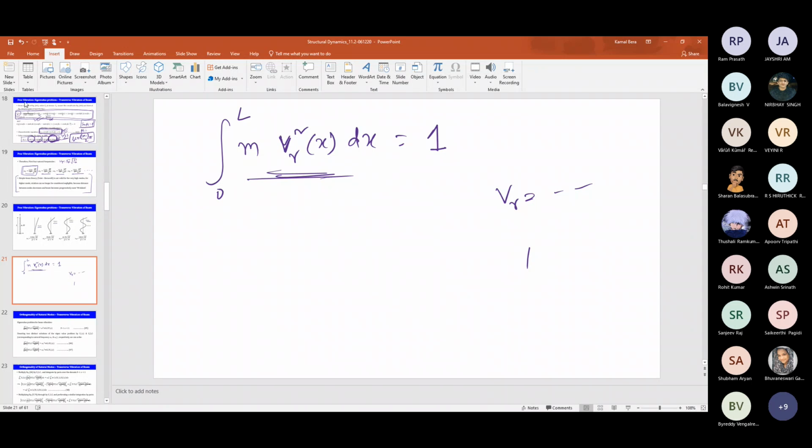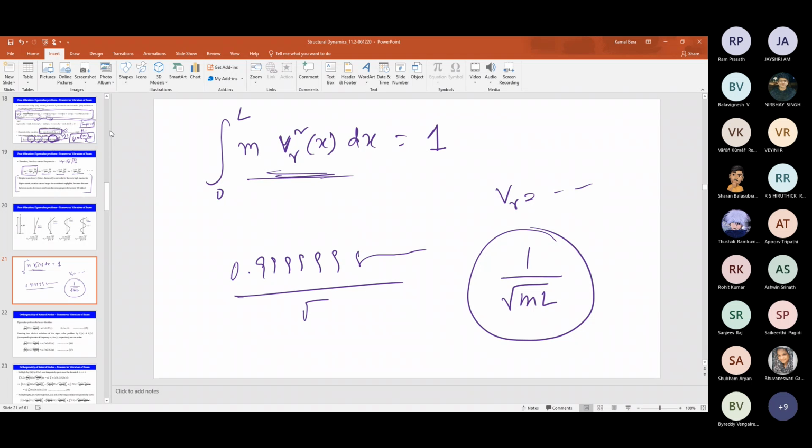They will give it for the simply supported beam, but not for the cantilever beam. Please try it yourself and see whether you are getting that factor as 1 by root over ml or not. I did it in MATLAB, and I got 0.9999987 something like that divided by root over ml. So I can say 1 by root over ml. I did it for the first 5 modes. Try it yourself, that will be learning for your coding also, if you are interested. But I hope the concept is clear to you, whether you do that or not.